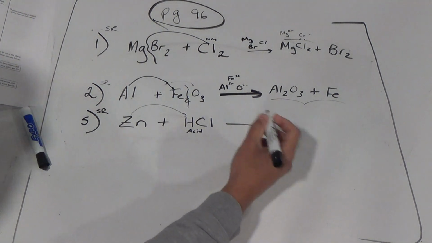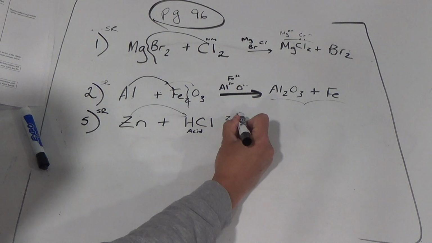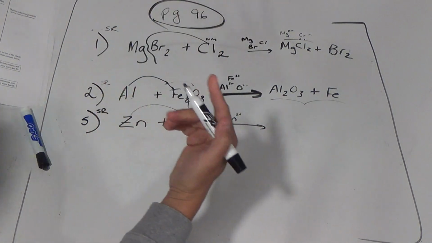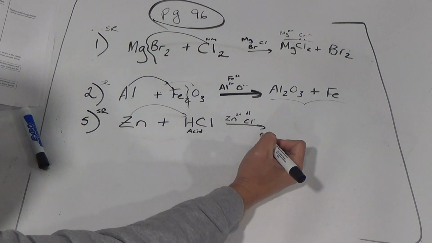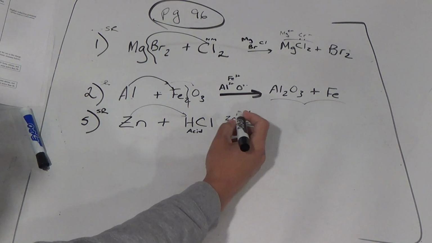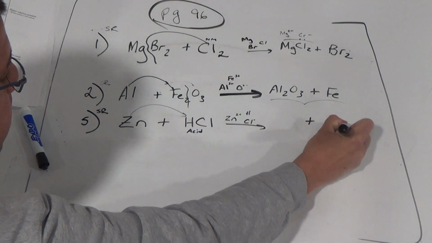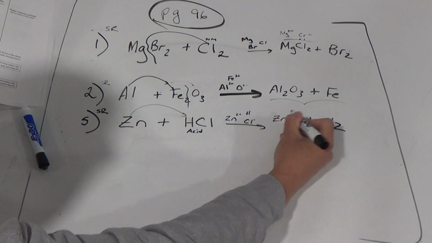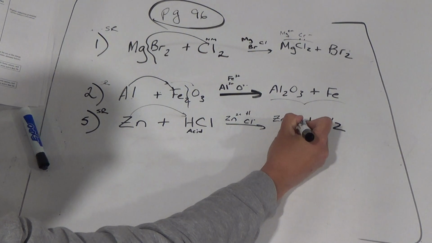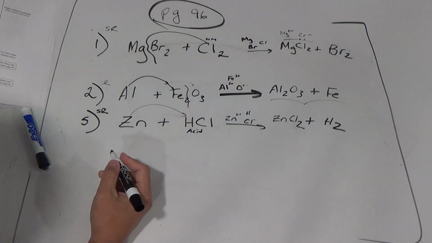So when you break it apart, you've got zinc atoms, and zinc has an oxidation number of +2. You're going to have to go back to your transition metal list. Hydrogen, and you've got Cl negative, chloride ions. So who's going to go together? You're going to have diatomic hydrogen, and then you're going to have zinc chloride, the salt. Zn 2 plus Cl negative, just like that. So once again, single replacement reaction. Okay? Let's go to